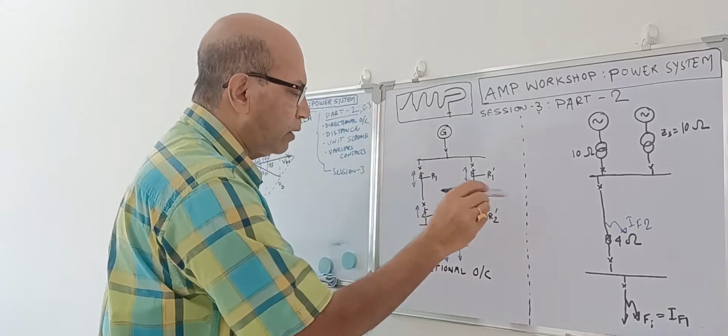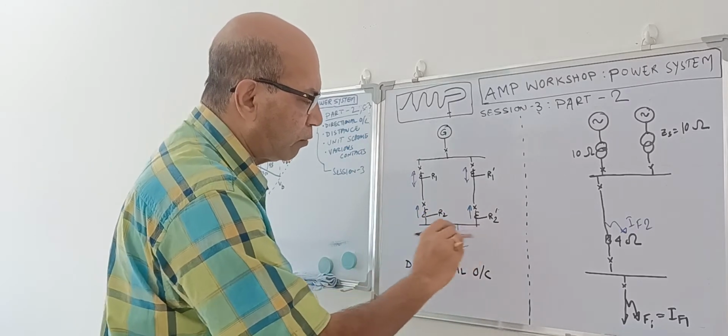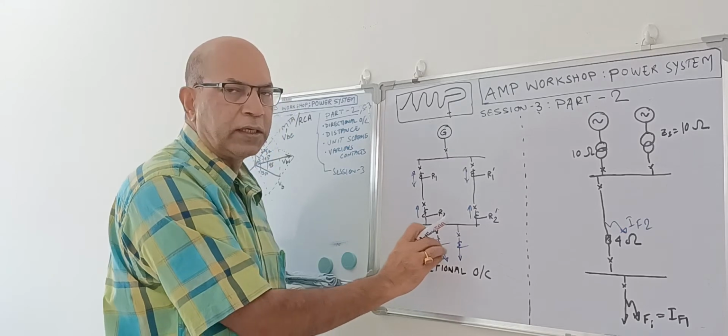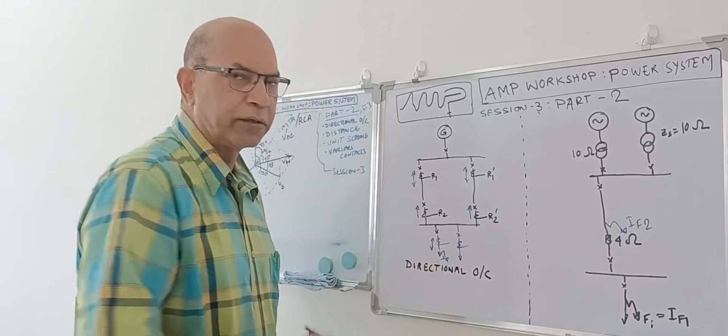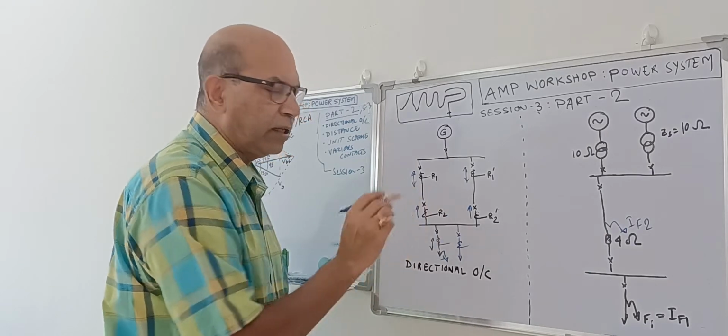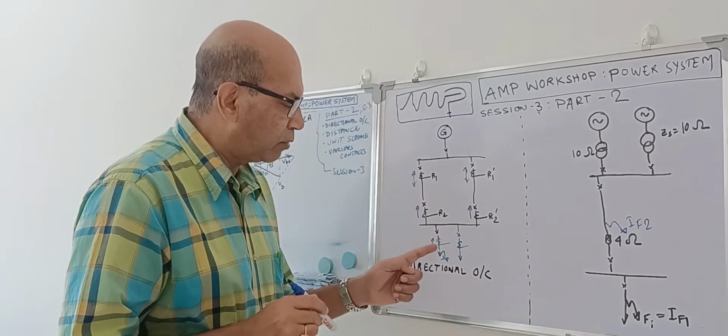So my network is not disturbed and the other outgoing feeders are not getting disturbed. Only the feeder where the fault is there gets disconnected by opening this breaker. So it is fine. Here, whether this relay is seeing this way or that does not make any difference for the outside fault.